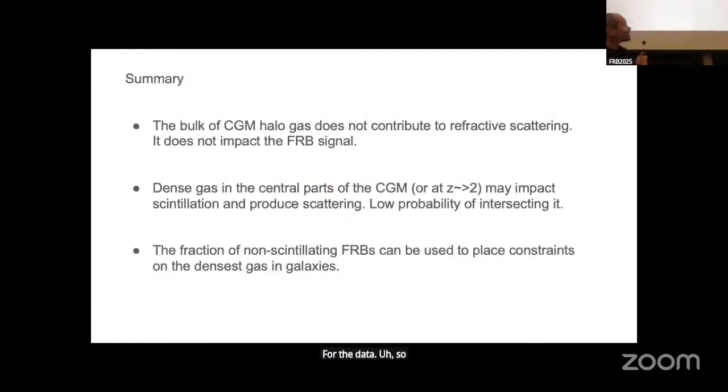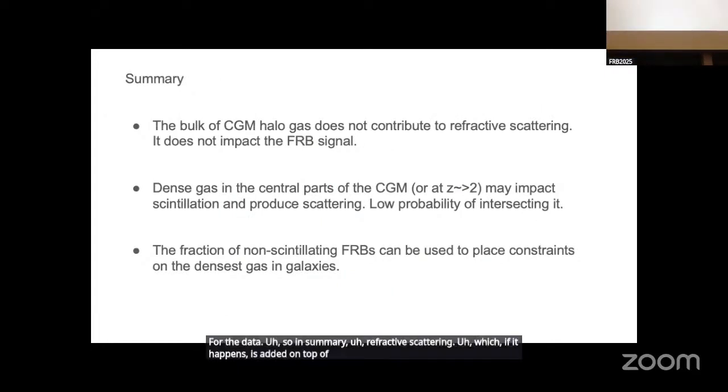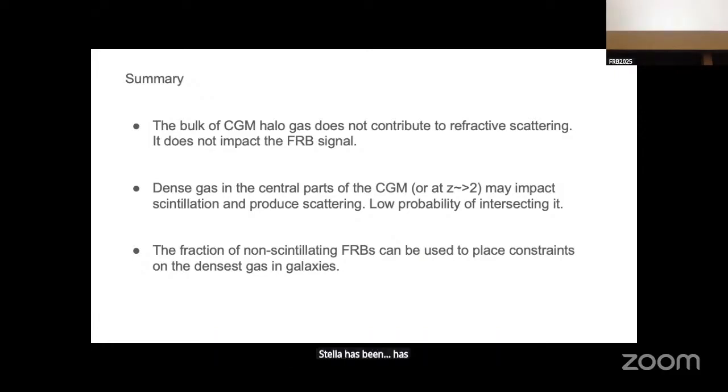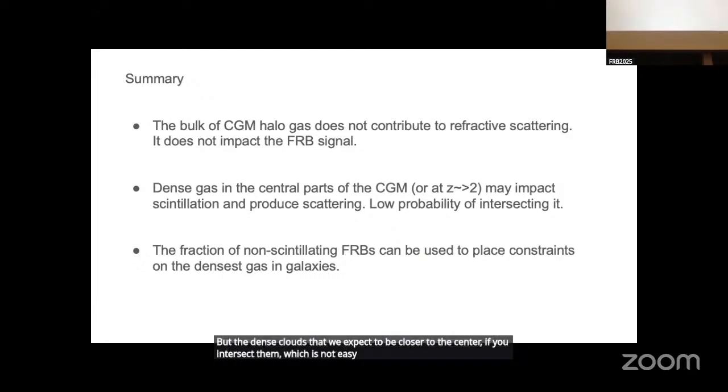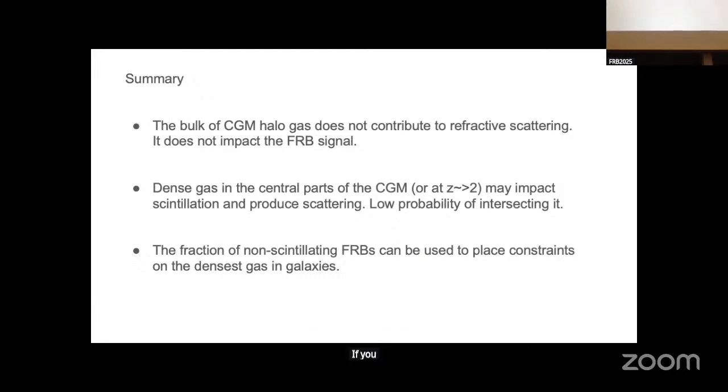So in summary, refractive scattering, if it happens, is added on top of any possible diffractive scattering that Stella has been mentioning. We would account for both of them. Most of the gas in the CGM seems to not play much of a role for refraction, but the dense clouds that we expect to be closer to the center, if you intersect them, which is not easy, the probability is low,